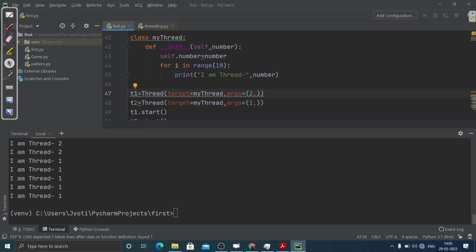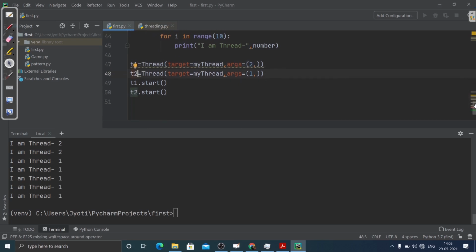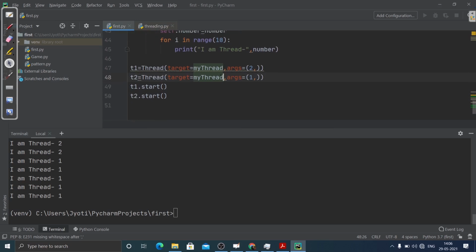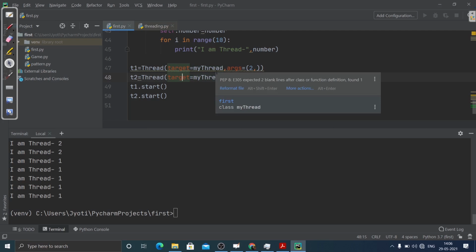And again we are creating another thread, that is t2, and it is instantiating the callable class, that is here you can see my thread. We are using it as the target, or we can say we are creating it as a thread, and our argument is 1 here.